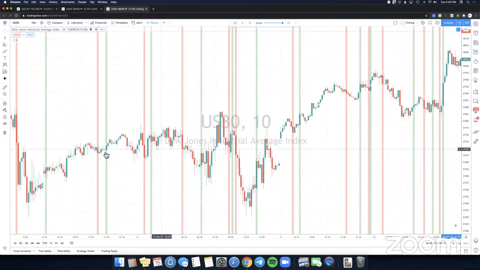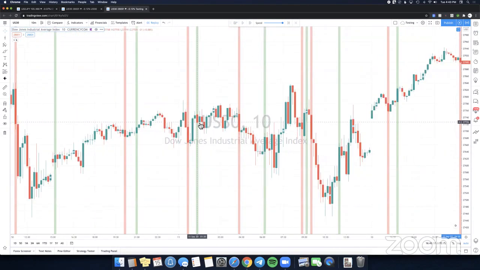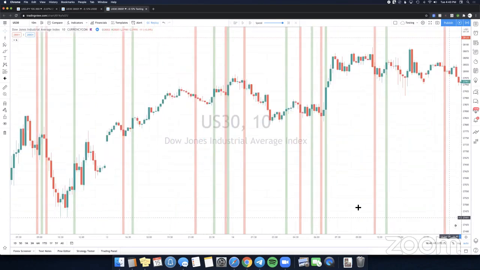Okay, so this would be invalid right here. And this is invalid because it's a green buy signal with a red bearish candle. So it'd have to be green and green for it to be valid, or red and red to be valid as well. So once we have that out of the way, basically right here,